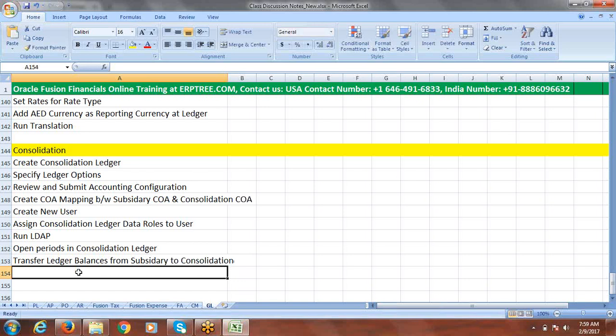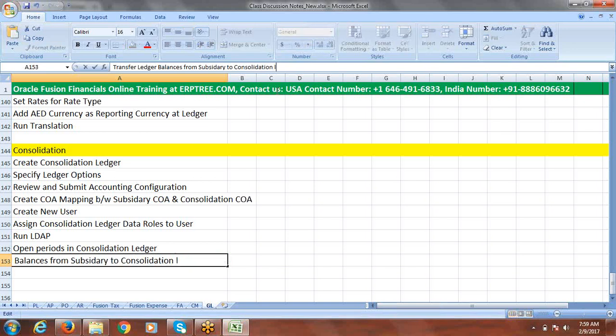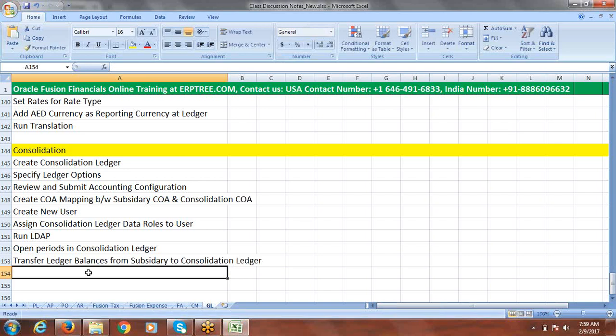And after transferring the balances from subsidiary to consolidation ledger, we'll go and find the balances transferred to the consolidation ledger, and say, find translated balances.